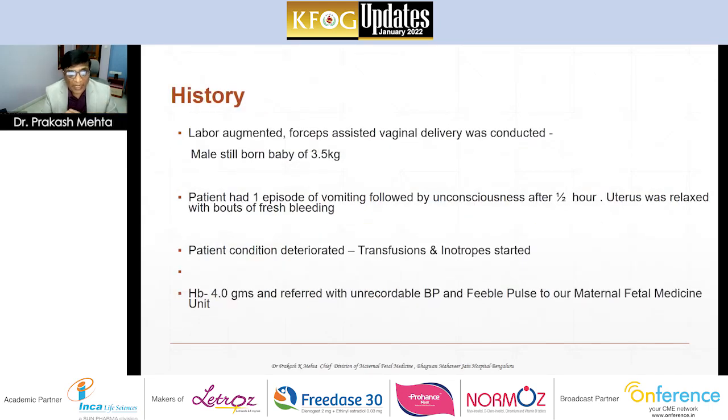So it was augmented and a forceps-assisted vaginal delivery was conducted. A male stillborn baby of 3.5 kg was delivered. Now, following this delivery, patient had 1 episode of vomiting followed by unconsciousness after half an hour. The uterus was relaxed with bouts of fresh bleeding. Patient's condition deteriorated. Transfusion and inotropes were started. HB was only 4 grams and she was referred to me with unrecordable BP and a feeble pulse,